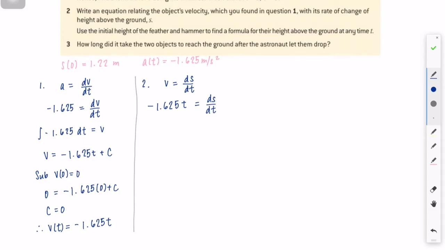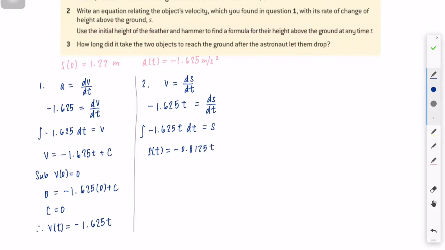In order to find s, I know I need to take the integral of this function with respect to time, of course. And this gives me s of t equals negative 1.625 divided by 2 times t squared, which gives me negative 0.8125